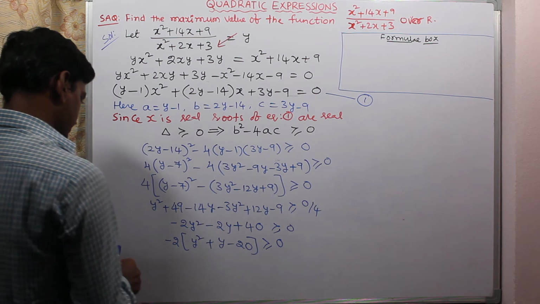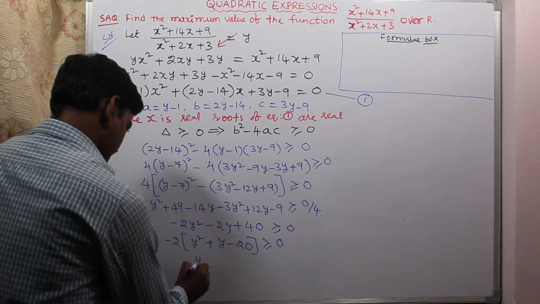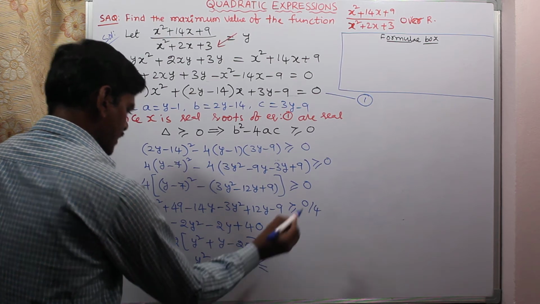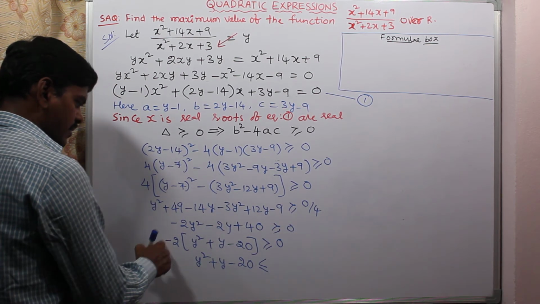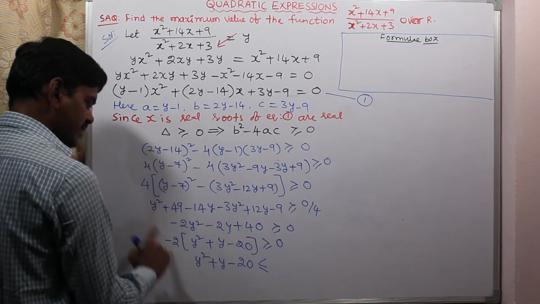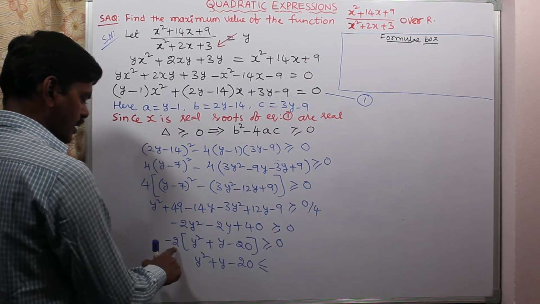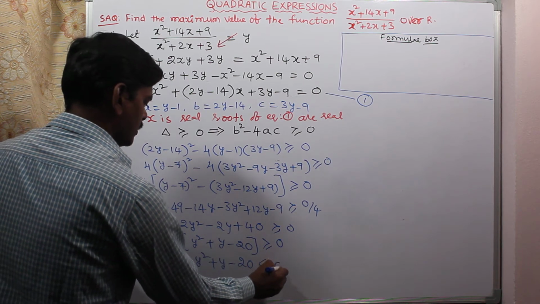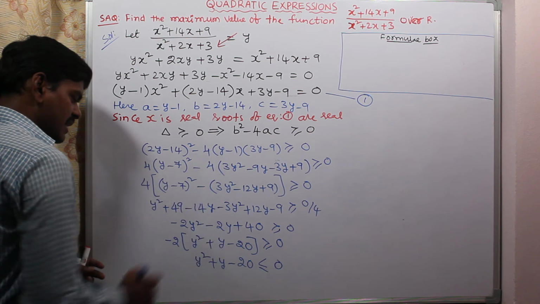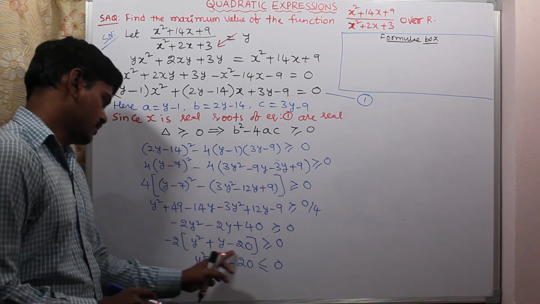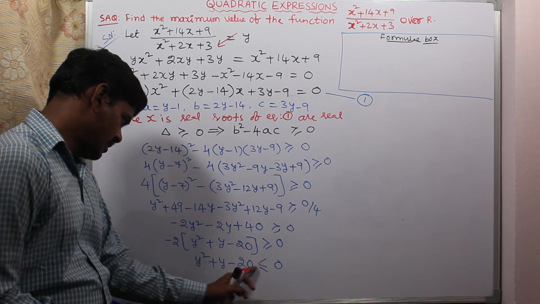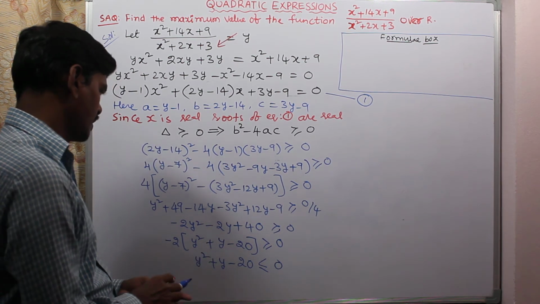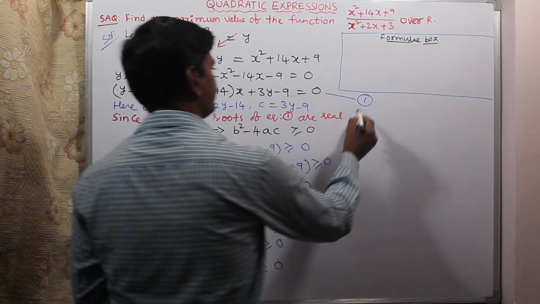So how it changes: y square plus y minus 20 less than or equal to, because we multiplied on both sides by a negative sign. Negative into negative becomes positive. And what happened to 2? 2 on transposition becomes 0 by 2, 0. So this is the inequation I got. The LHS of this inequation is a quadratic expression. We can go for the factorization method. So if you search for factors,